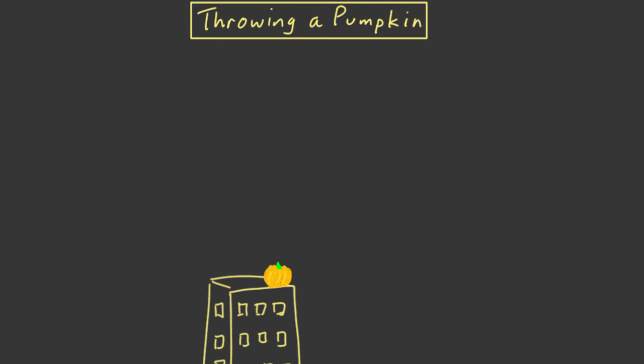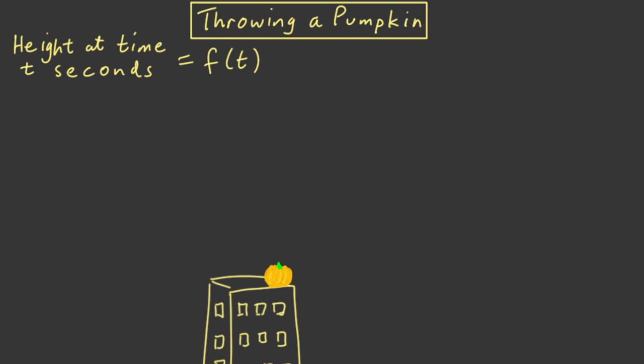Let's say we throw a pumpkin off of a building. The height of the pumpkin is going to be a function of time. So maybe it's given by this function f of t equals 100 plus 20t minus 5t squared meters, where t is measured in seconds. Just so you know a little bit about where this function came from, it's a quadratic